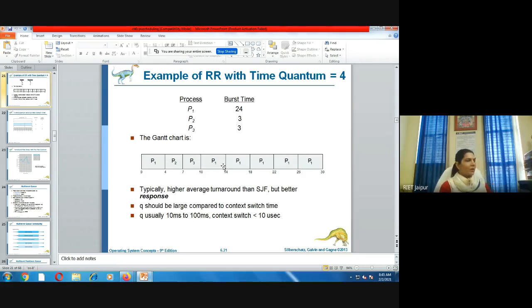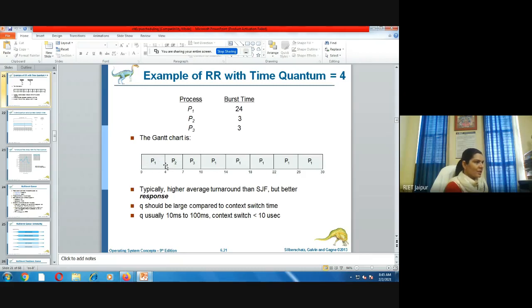In the ready queue at time instant 0, all the processes are available, but we assign the CPU to P1 only. Why? Because we are going by first come first serve. Though the execution time of P1 is 24 units, we have allotted it up to 4 units only. After that, there is a preemption, which is called preemption or context switch. We have preempted the P1 process and allotted the processor to the P2 process.